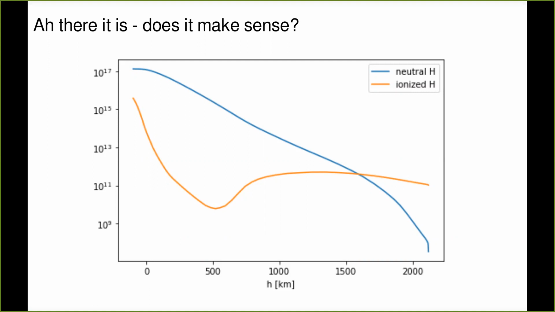However, if we now went back to the plot, you would see the temperature here at the top of the atmosphere and temperature at the very bottom are very similar. Yet, at the top of the atmosphere, hydrogen is almost completely ionized. At the bottom of the atmosphere, it's not ionized, it's almost non-ionized. Why is that?